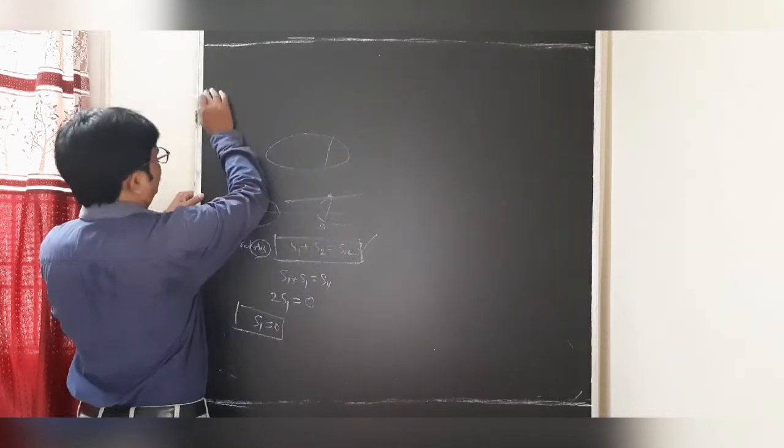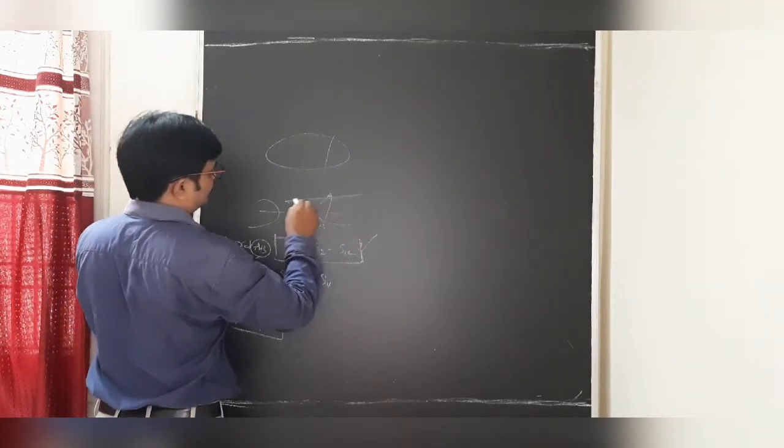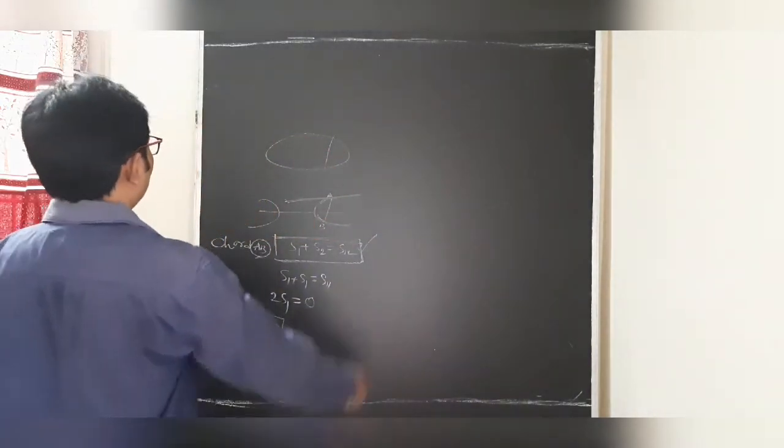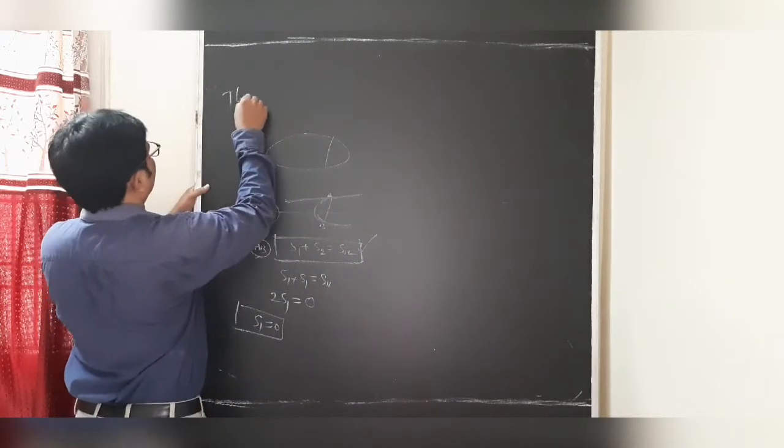My dear students, what is the equation of the tangent? If a line touches any conic at one and only one point, then it is said to be a tangent. Now students, the equation of the tangent